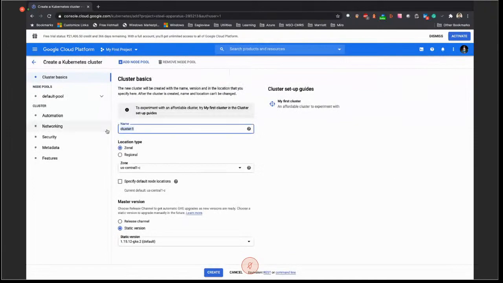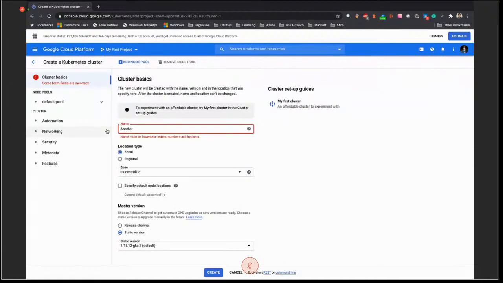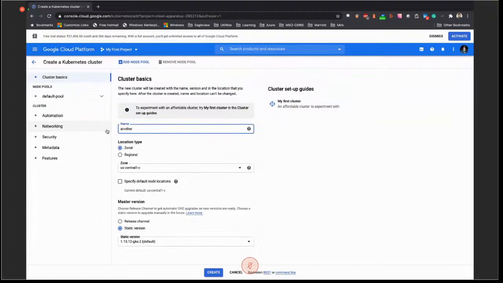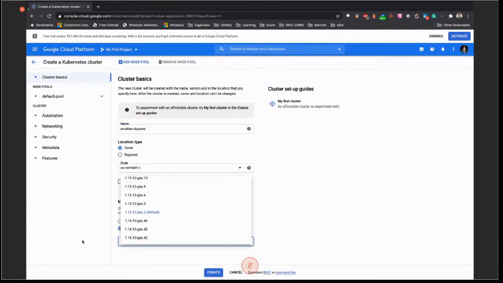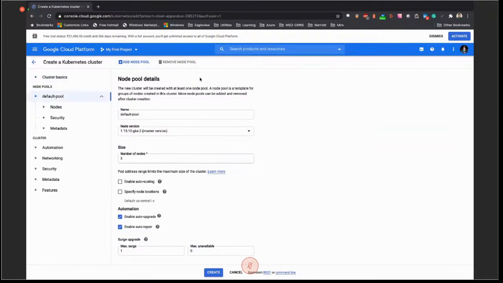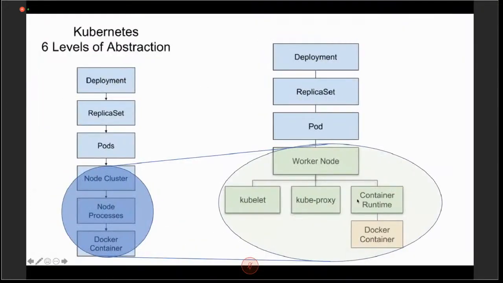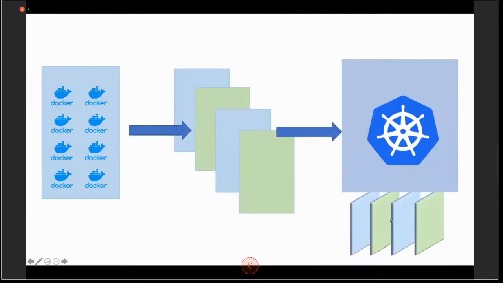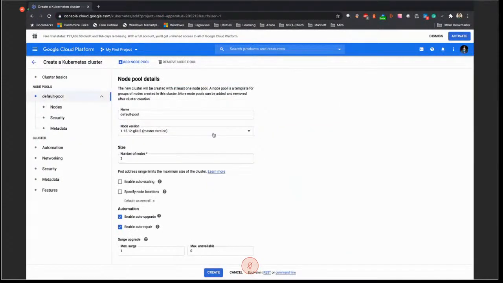I'll say another cluster, and okay, my camel casing always bothers here. We can only use lower cases, so we can use whatever GKE version we want. I go ahead with the default, and when we create a cluster, as on the image that you saw here on the previous slide, we had nodes below. Similarly, it creates a pool of nodes, and we can specify how many nodes.